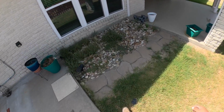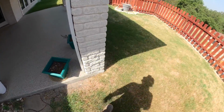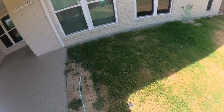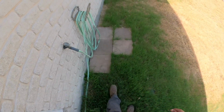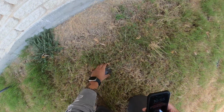Okay, so the house is up on a hill pretty high. Looking for a clean out cap or a spot in the dirt where this tank could be. That's one thing, if you have a septic system, you want to make sure you have a clean out just in case something happens where it starts to back up. You can pop this cap open right here and relieve some of that pressure. That way it doesn't build up and